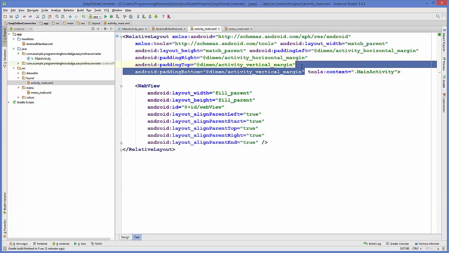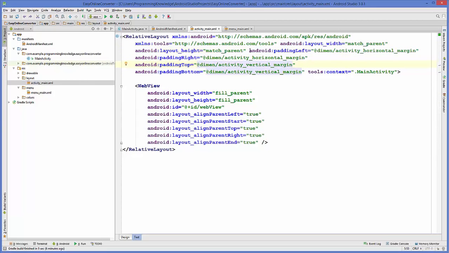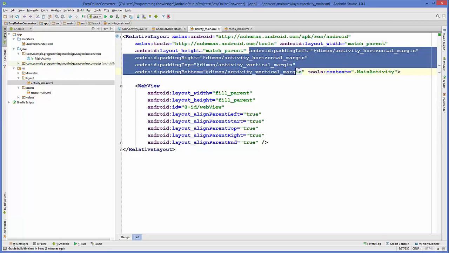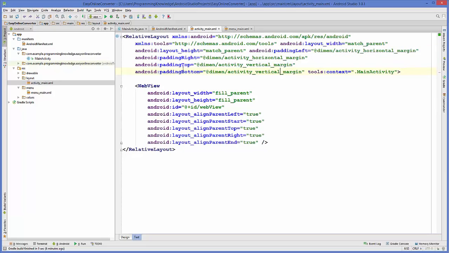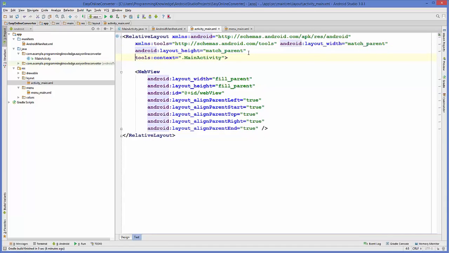So these are the attributes which are responsible for adding the padding around your app. But in our case, we don't want this padding, so we can remove these four attributes: paddingBottom, paddingTop, paddingRight, and paddingLeft. And don't remove anything else. So just remove these things and then save your code,